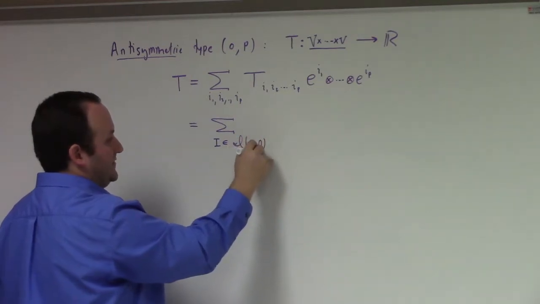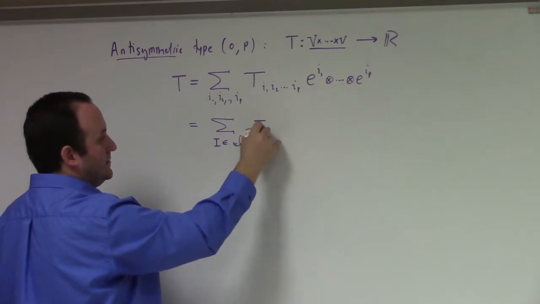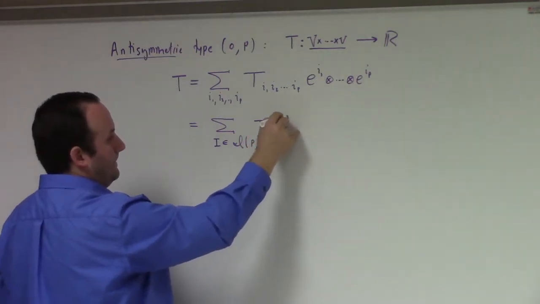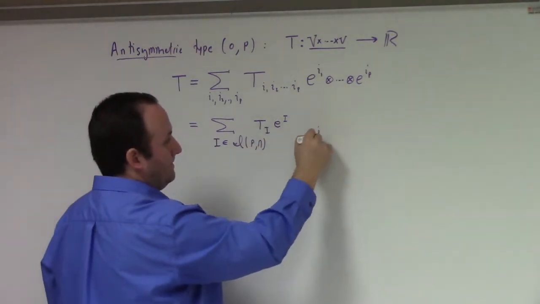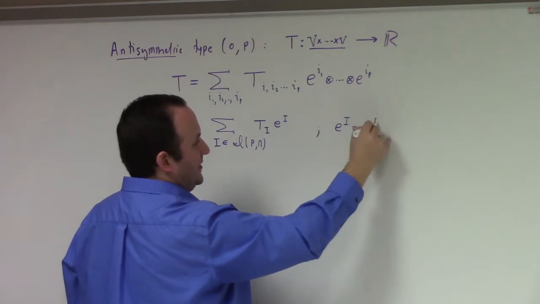I'll explain what that means in just a second here. And then T_I e_I, where e_I is equal to e_i1